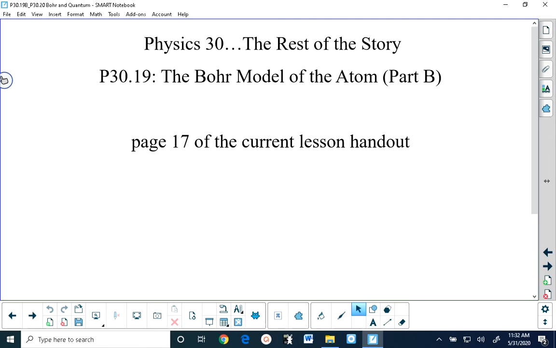We're looking today at lesson 30.19, which is the finishing off of the Bohr model of the atom. We already introduced the Bohr model of the atom on Friday, and the main aspect of the Bohr model is that if you know the energy levels that electrons are allowed to be in for an atom, then you can use those energy level differences to predict wavelengths of light that can either be absorbed